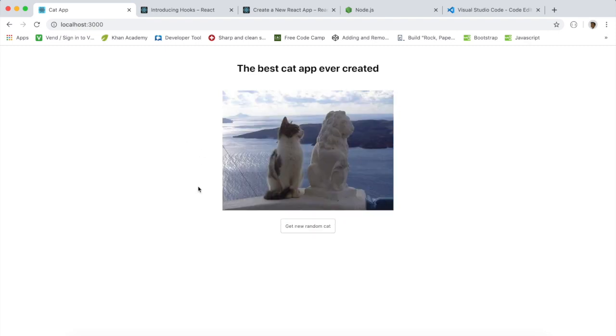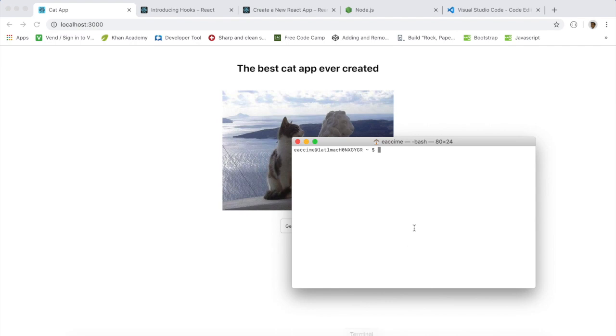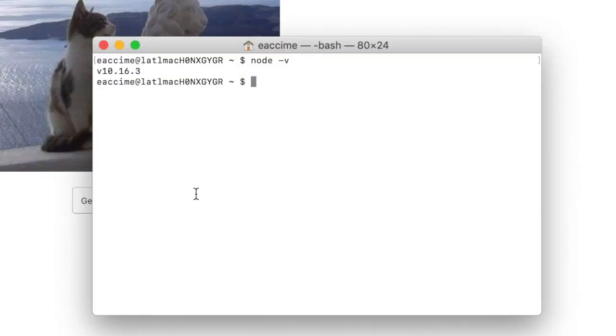But before we start, there are a couple things that you need to make sure that you have. Number one, go inside your terminal and make sure that you have Node.js installed. And if you don't have Node.js installed, the following tools we're going to be using, you won't be able to